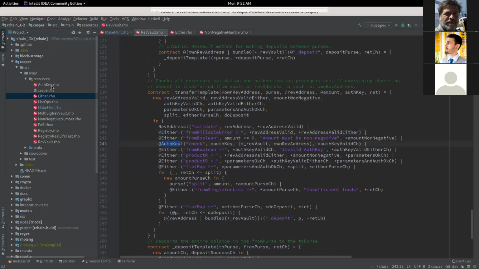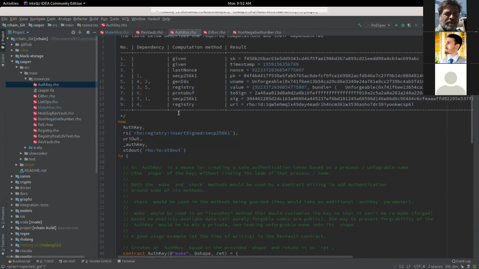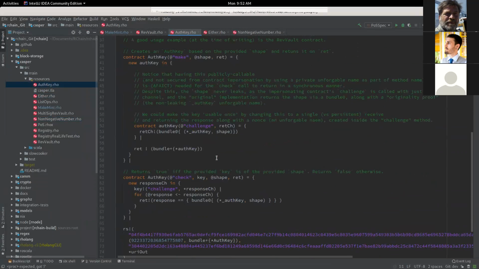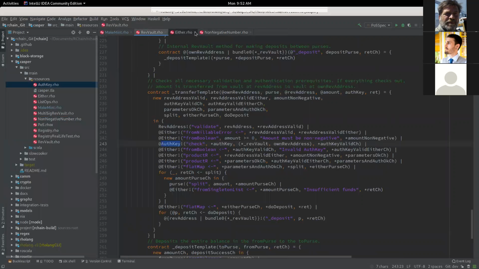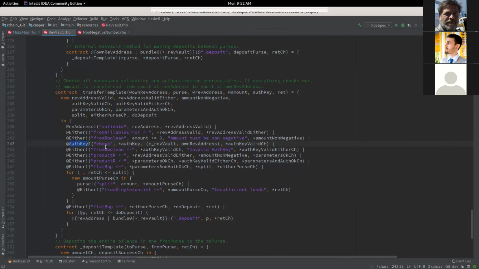The auth key is another contract. This one's not so bad. It fits on my screen, and my text is even big right now. That's what we've got going on there. And either is basically just operations, some kind of thing that's reminiscent of an either type for Rholang.